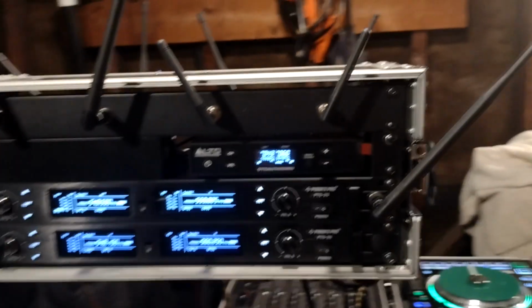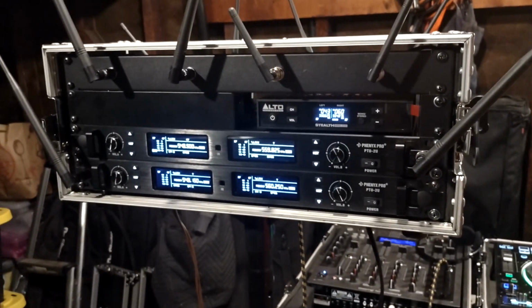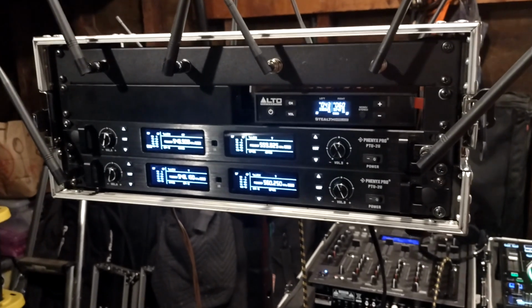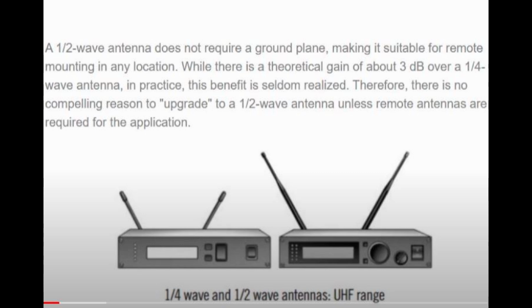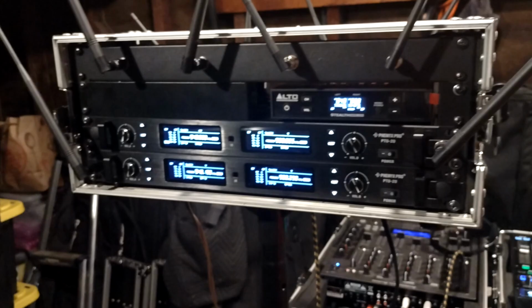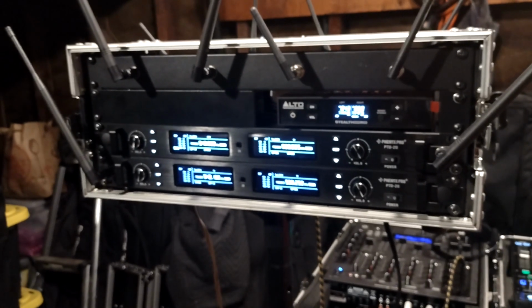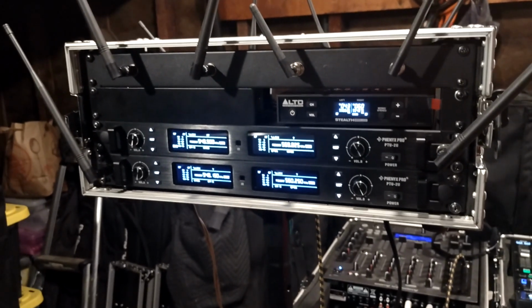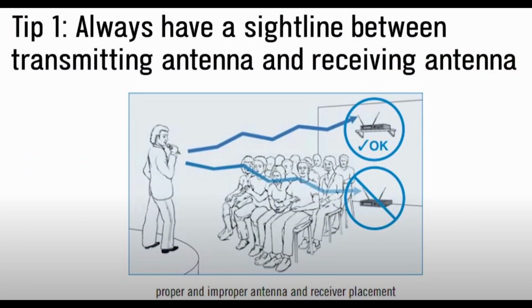But anyway, that's a tip here. And yeah, if you have these little itty bitty antennas like this, don't fret, man, because the engineers meant for you to have them. And if you start messing around, then the antenna is not going to match the transmitter or the receiver. But upping the height is the best thing. If you look at this diagram, this is the proper way of doing it,